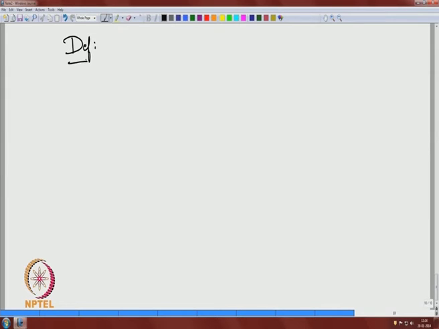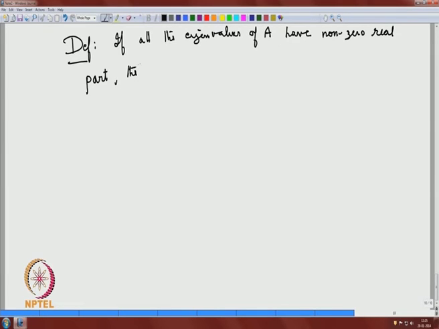Definition: if all the eigenvalues of A have non-zero real part, this is because this terminology will be used in the nonlinear system, and having zero real part leads to a center, that is why we say non-zero real part, then the flow is said to be hyperbolic,